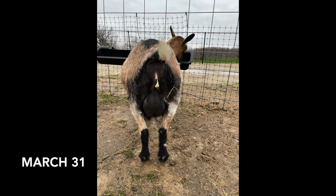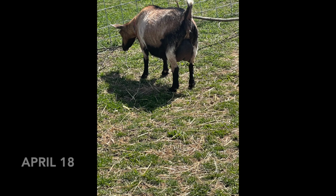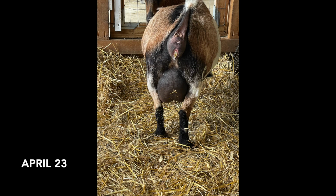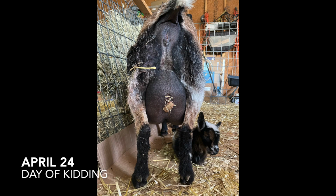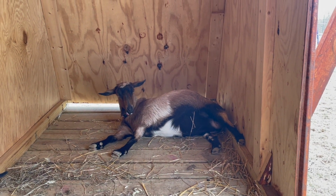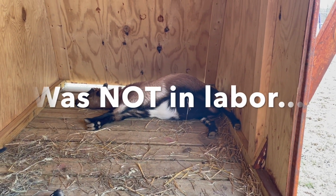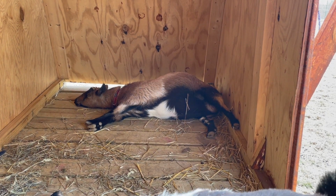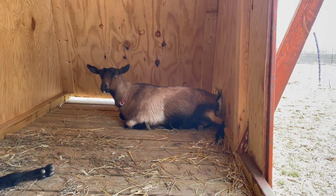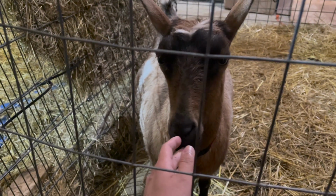So this was not her mucus plug, this was just a typical day of what she would look like. Are you actually in labor? If you are doing this and you don't go into labor right this minute,